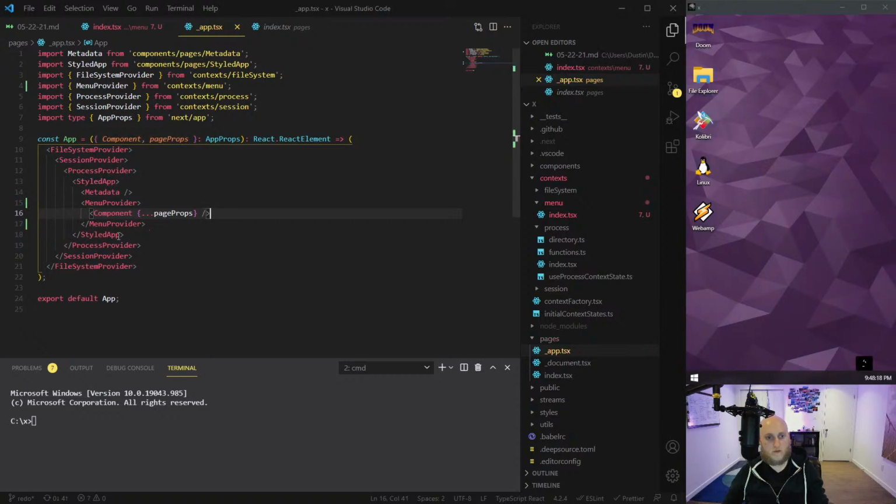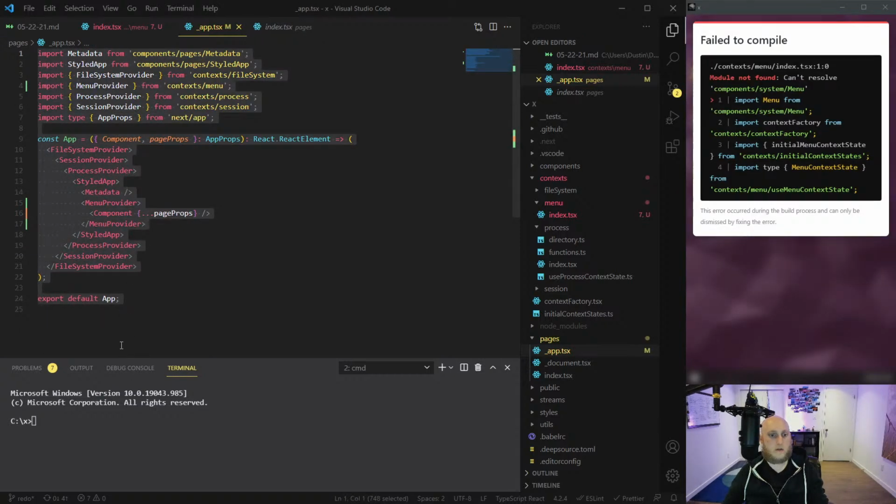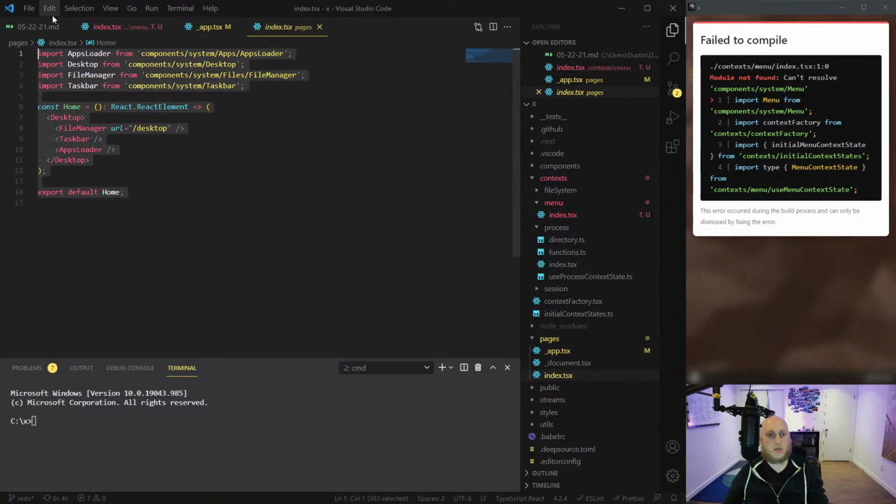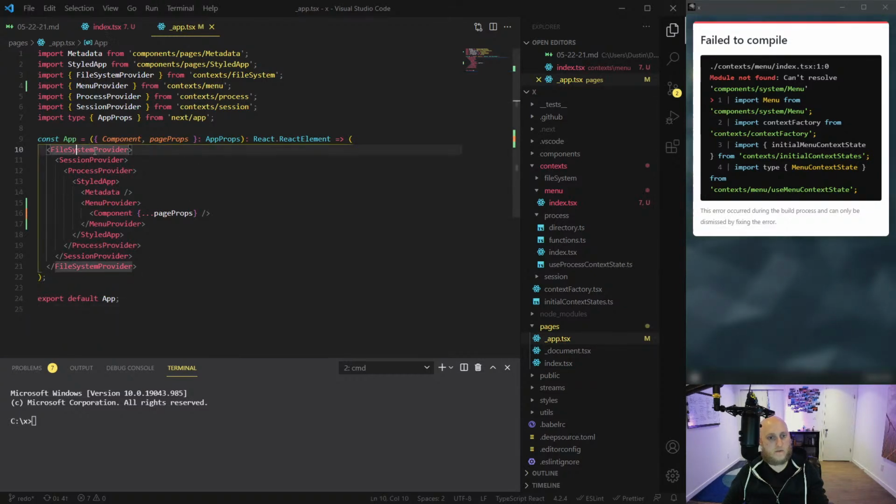I like having all the providers in one place, like this. All the providers kind of wrap here, and then in my index, it's just about the app. The desktop, the file manager, which is the desktop of the icons, the taskbar, and then the app loader that loads the apps. So that's a little easier to figure out. And then when you're in the app piece, there's your file system, your session, your process, your styled app, and then what's wrapped in your styled app, you got your metadata, your head stuff, and then your component, your main app,